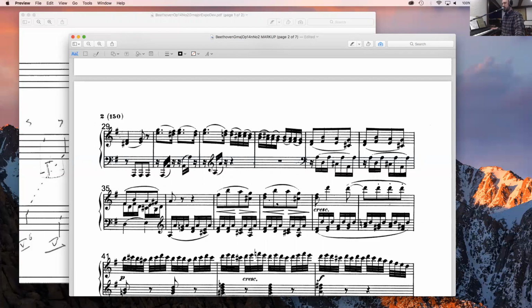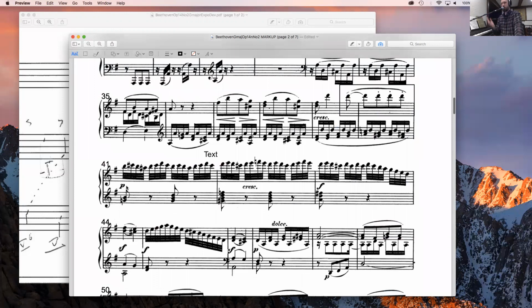And what happens when Beethoven gets stuck? Repeated notes. Right? We're always coming back to that repeated note idea. It's not really what I wanted, but I'm going to leave it there because you never know when you might need a little text box. Here's another repeated note idea, hearkening back to stuff we've heard before. Repeated note idea. But this time, when he's stuck, Beethoven gets out of it, and we have this really flashy